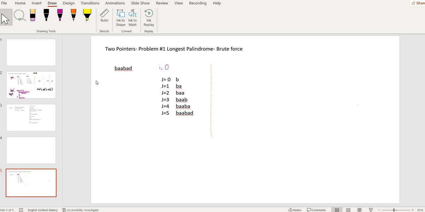Guys, one of the common problems under the two pointers category is the longest palindromic substring, which is what we're gonna discuss today. So what I'm trying to find here is a substring of this given string, and it has to be a palindrome. What is a palindrome? A palindrome reads the same way from left to right and